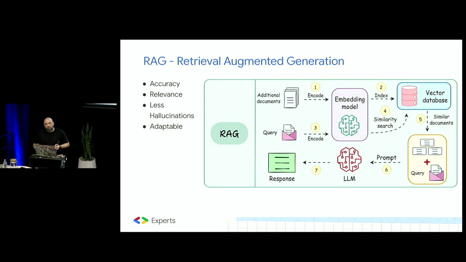So why should we use RAG systems? What is the value behind them? Well, first of all, we get improved accuracy. RAGs allow LLMs to accept up-to-date information. They're not frozen at training time. And they also allow them to get domain-specific knowledge, leading to more accurate responses. We also have enhanced contextual relevance. By incorporating relevant content from external sources, RAG enables LLMs to generate responses that are more relevant to the user.